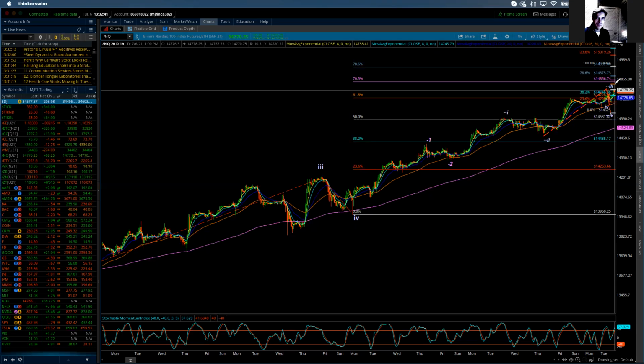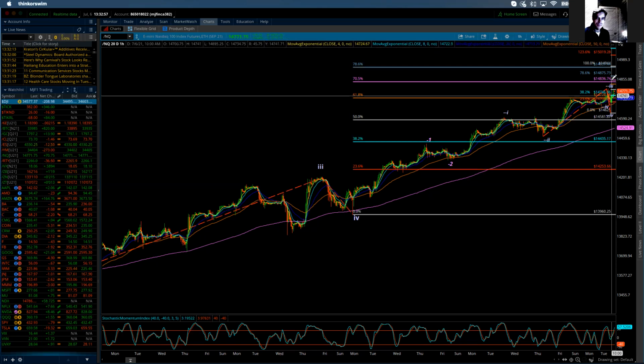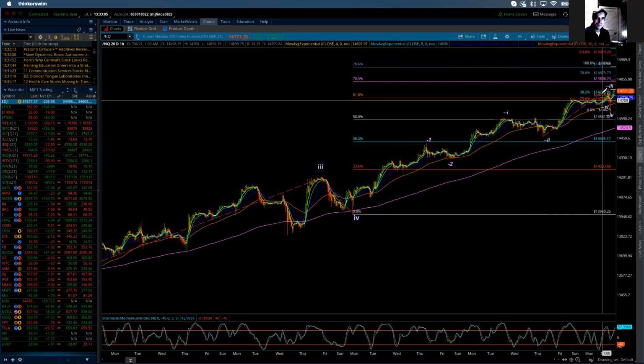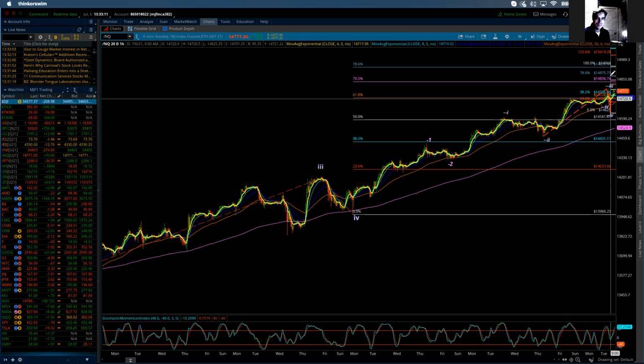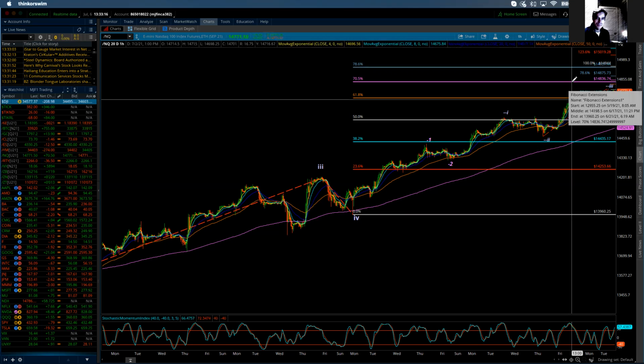So that's why I do think that even as a minimum, we should get about 14,800 on this last rally up to complete that subminute wave 3. And if we get a full kind of blast higher, then I expect we also get a 70.5% for what wave 5 would be against wave 3 within that sub level move. And then we have the potential of it also stopping at the 70.5% of where